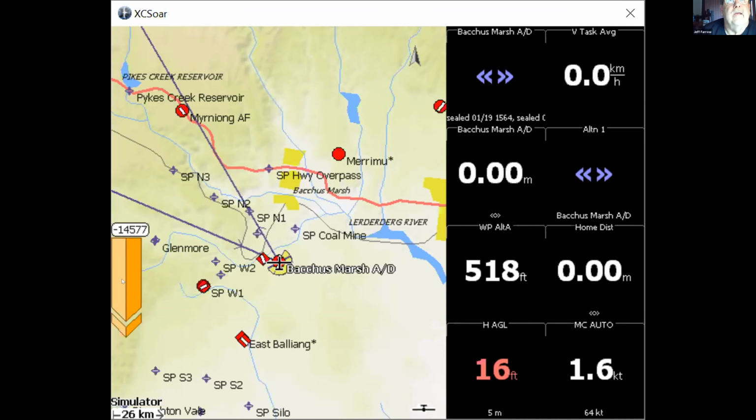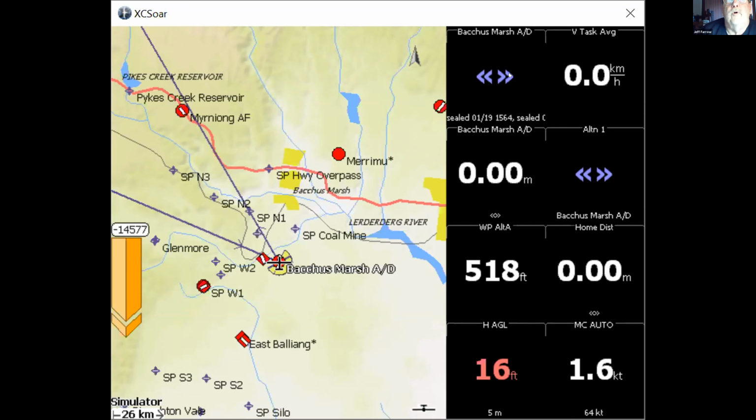I'll probably cover that later actually. You can see in there we've got our start line marked off and the start zone around the actual starting point. This is with the glider sitting on the ground.